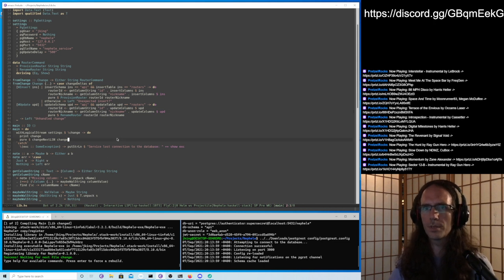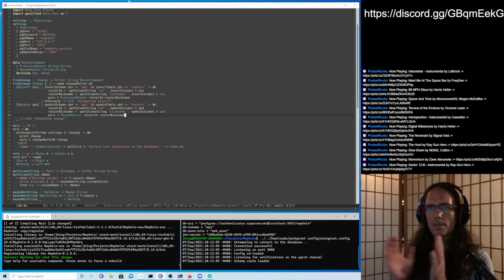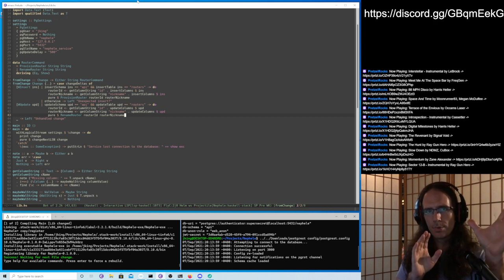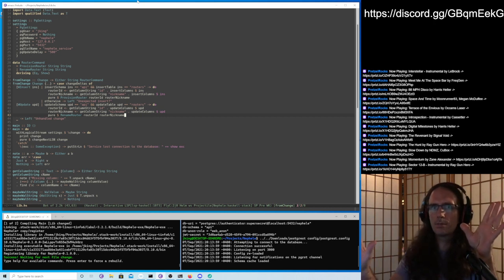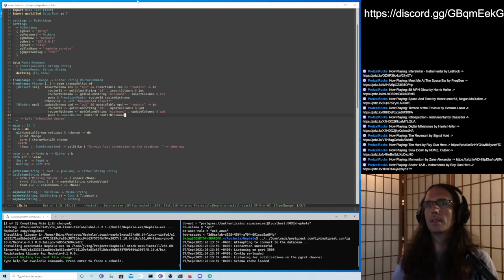Okay, cool. We compile again. So there's our domain mapping from changes. We get the changes as input, and we're mapping them to our router commands now. We have a way of doing that. So let's try that out.